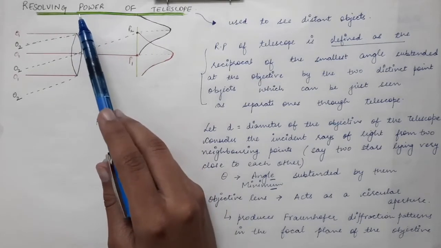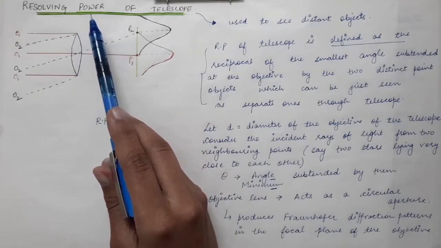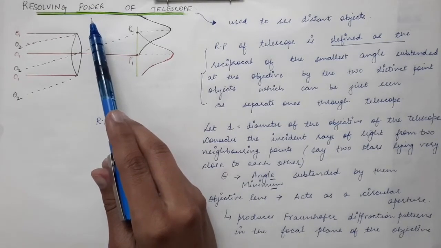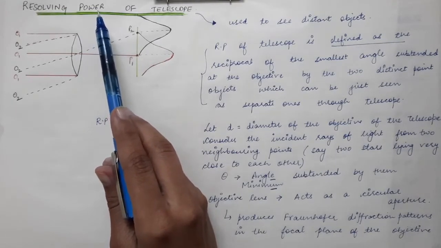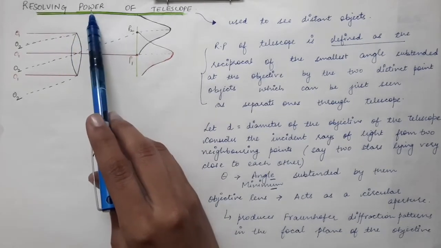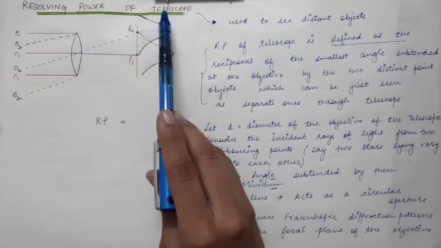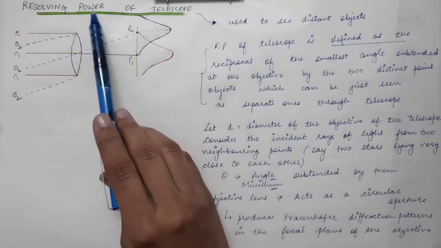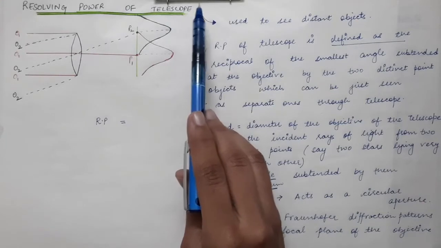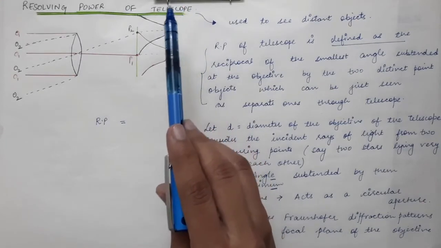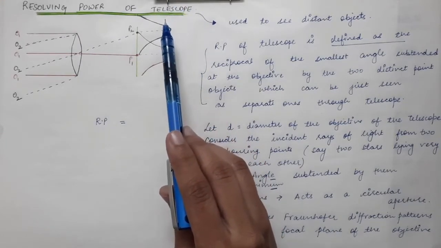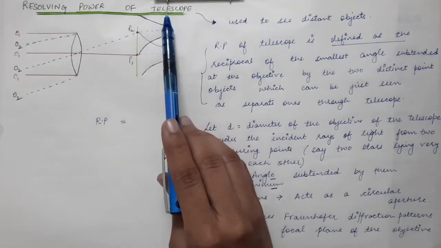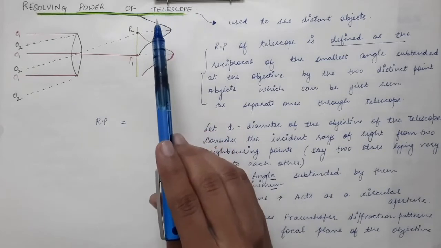To just resolve the two objects or two closely spaced wavelengths, the Rayleigh criterion of resolution is used. So in the process of finding the resolving power for the case of a telescope, and in the other articles, that is to find the resolving power of microscope, prism, diffraction grating, we will always use the concept of Rayleigh's criterion of resolution, and we will derive the resolving power of these optical instruments using that criterion.